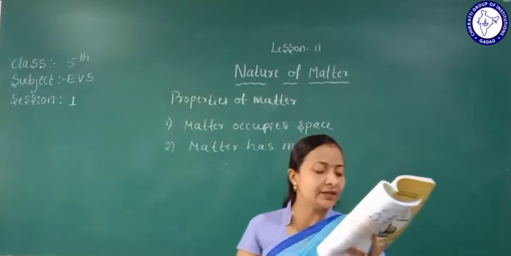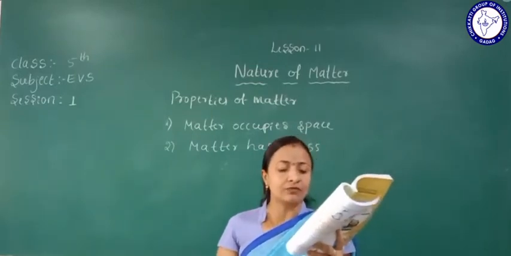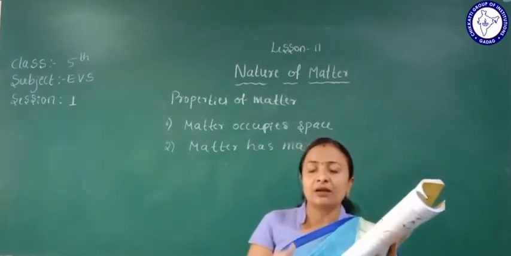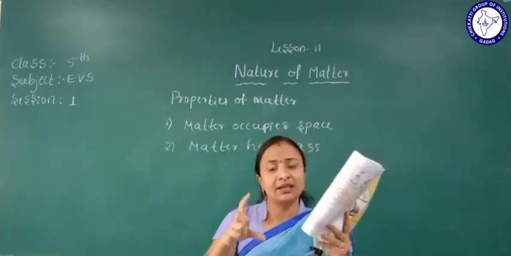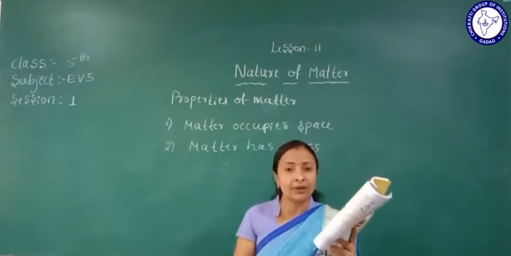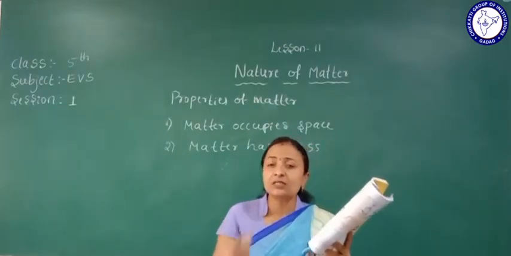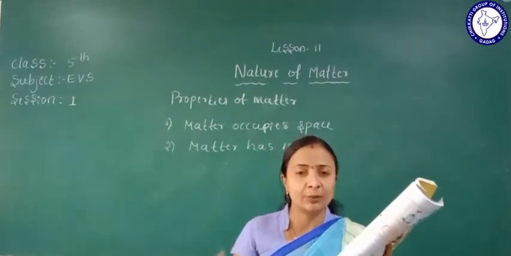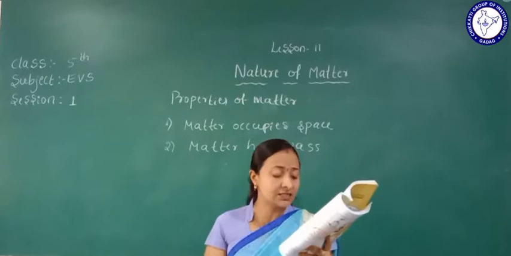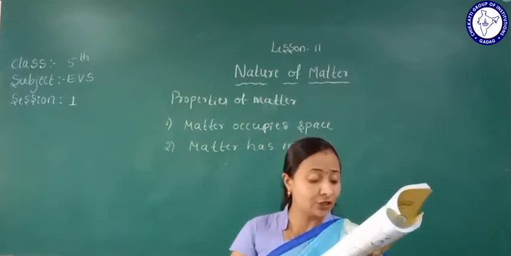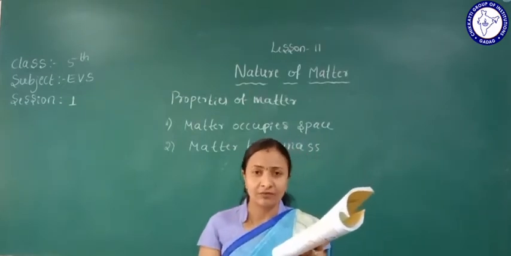So what should be done to pour some more flour into the bowl? Why? That bowl is already completely filled. Okay, so again we will pour the flour. What happened? There is no space to fill there because it is already complete. Yes, so it will fall down. So it means we can understand here. So what should be done to pour some more flour into the bowl? It will fall down.